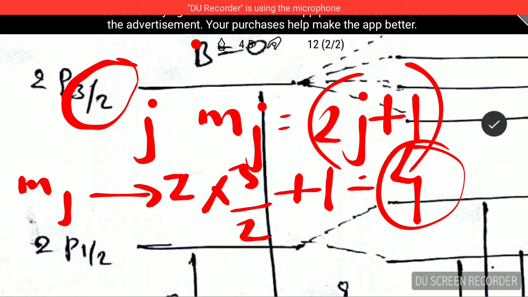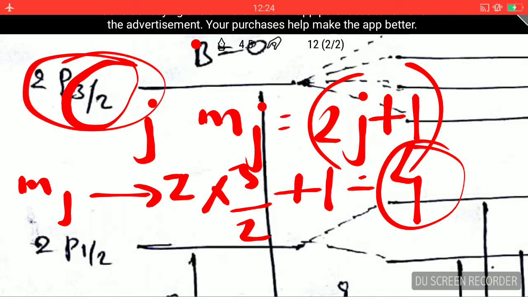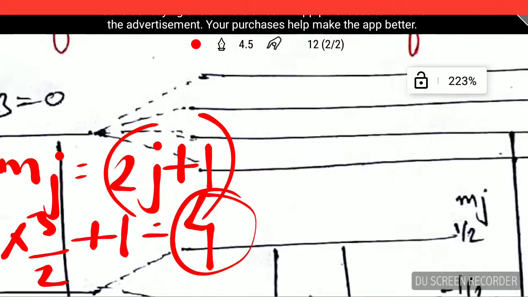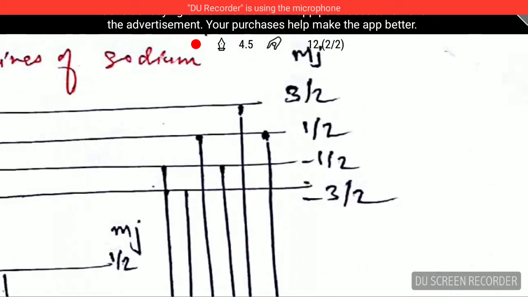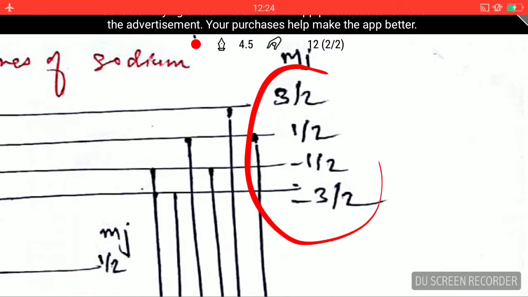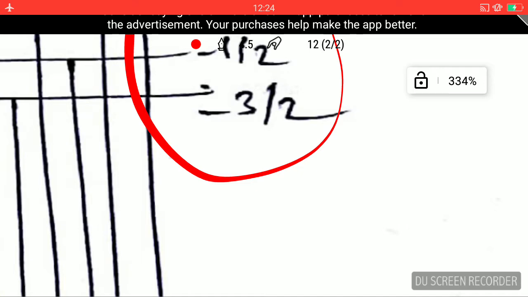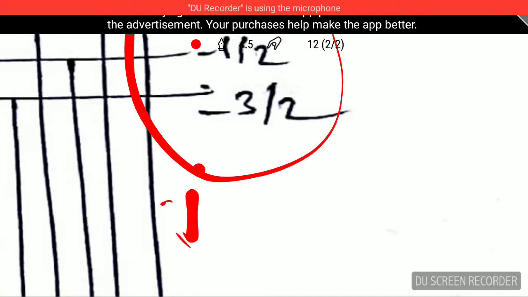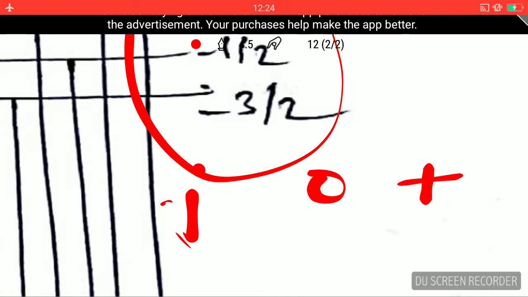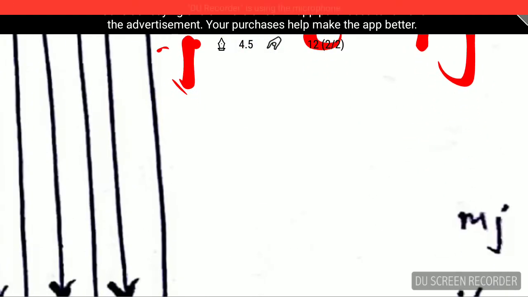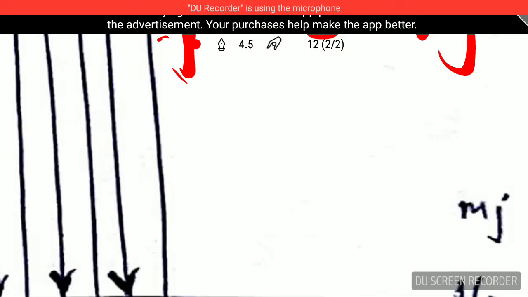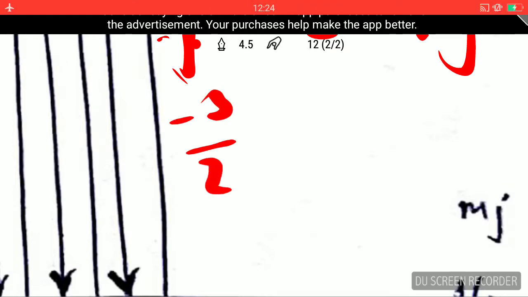That means this level, when it splits, will have 4 values. So you can see that there are 4 values. And these values vary from minus j to 0 to plus j. And then that will be minus 3 by 2,